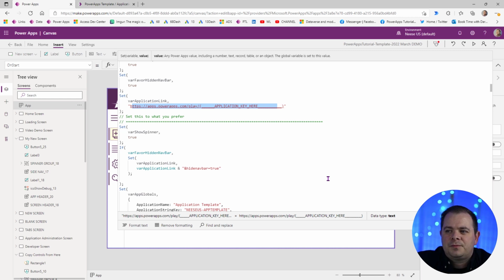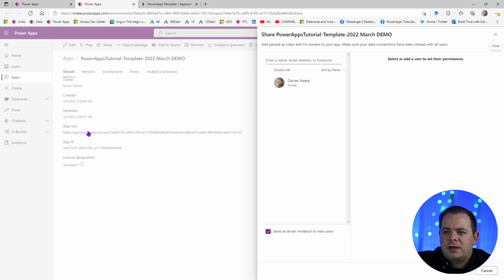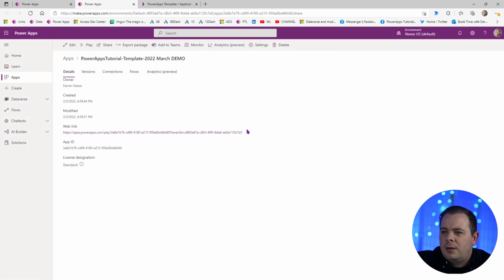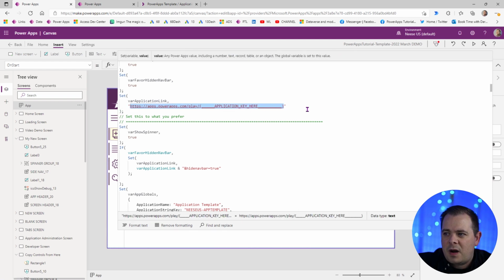any application. By the way, if you ever want to get a good application link, what you need to do is go into File, Share, and then you'll provide it with a link right here. This is how you share an application with other users. I'm not going to work with that now, but you could just get this little link here. And if you ever do a save as and save the application with a new name, this link will change. So that's why